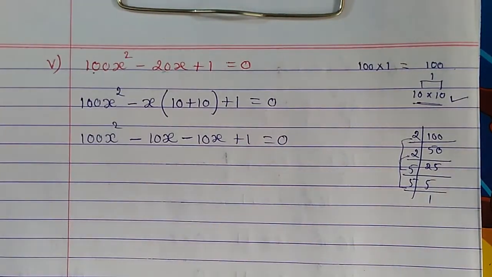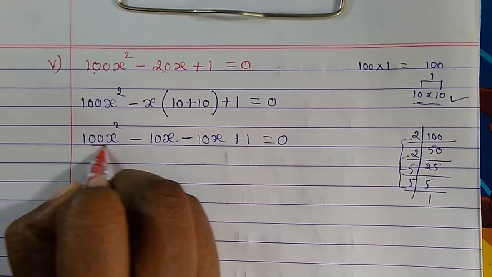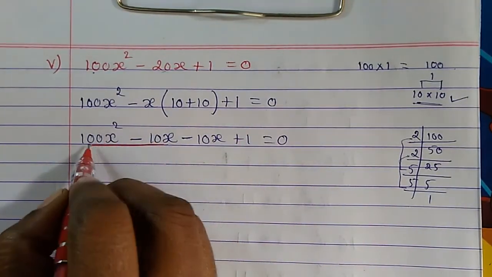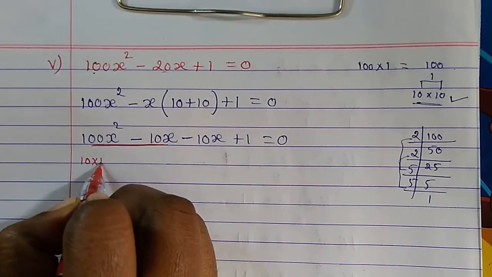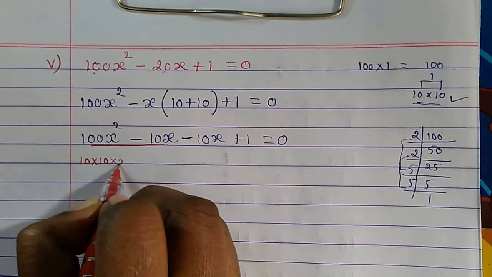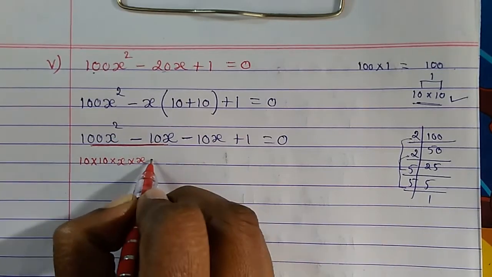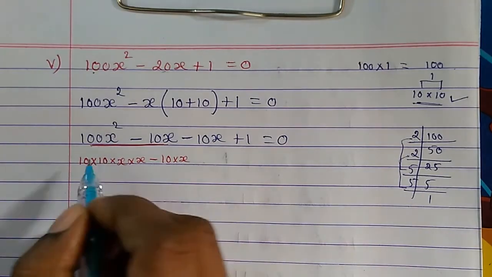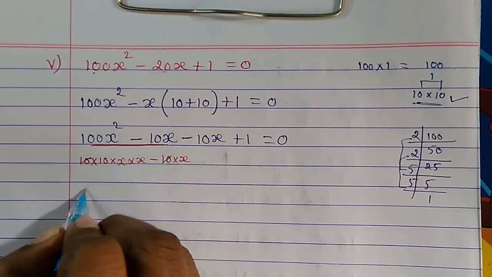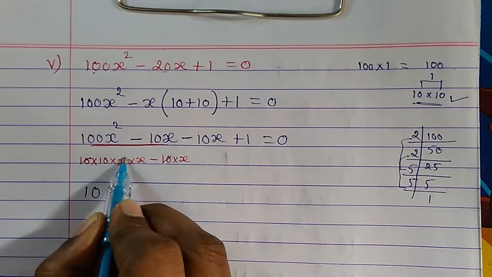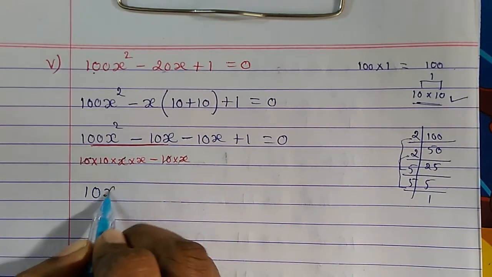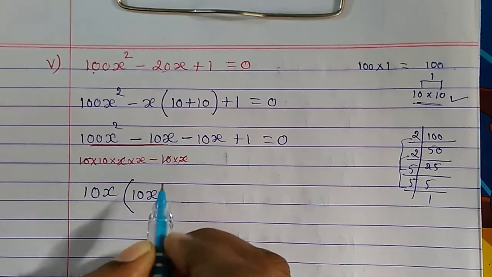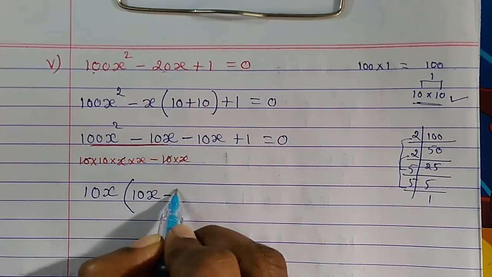So now we have to take out the common factor from each pair. So now from here what can be written common? You see here 100 can be written, 10 into 10 will give us 100, then x into x will give us x square, then minus this is 10 into x. So which things can we remove as common? This 10, here 10. So let's take 10 as common. Here you have x, here also you have x, so we will take it common. Now inside what is left? 10 is there, x is there, so 10x, then minus is there. Here nothing is there, so 1.